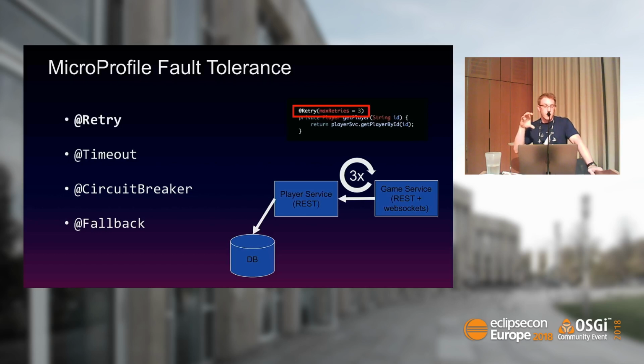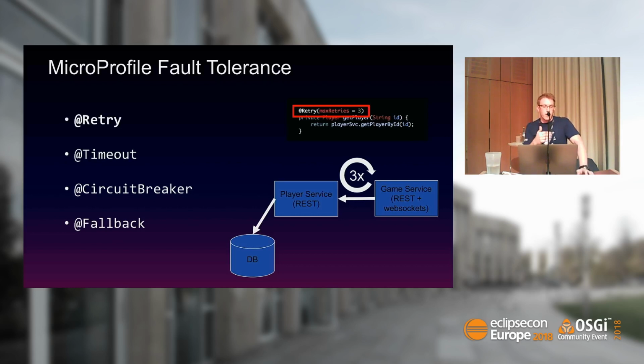Circuit Breaker is a way to sort of shut off the calls. So has anyone heard of the stampeding herd problem? If something goes down and comes back up, everything else tries to get the requests in all at once and then it just crashes again. So that helps to alleviate this situation. And Fallback is a natural extension of Circuit Breaker,